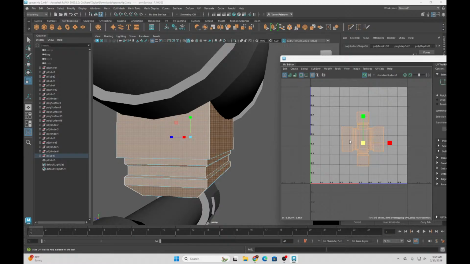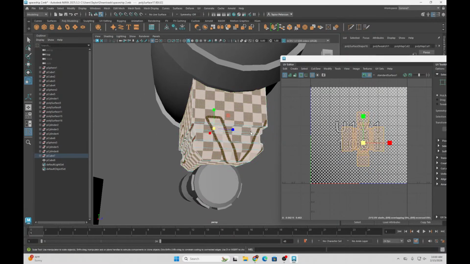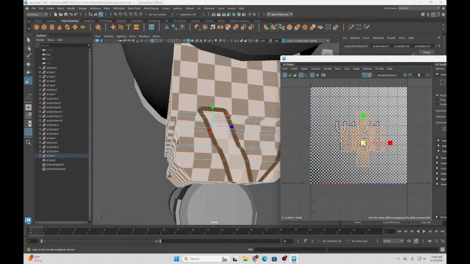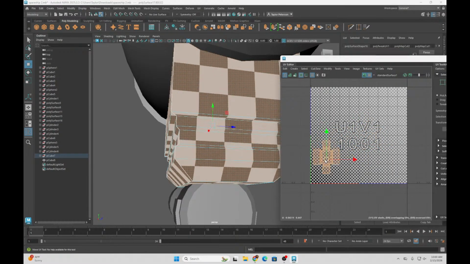You're trying to skin it so that you can lay it completely flat. And the more flat you get it, and the more uniformly stretched out this is, the better. Especially for the texturing process that we're going to be doing with this,